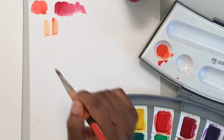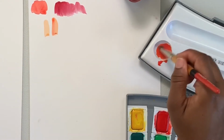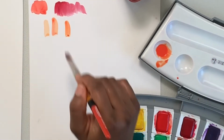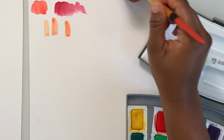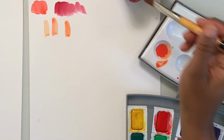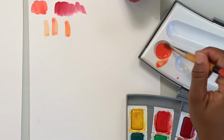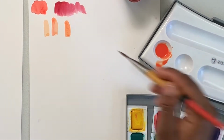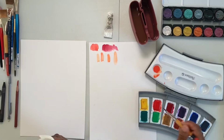And then let's test that out. I think I need to mix it a little bit more. Let's try that one more time. Okay, not that bad. I'm going to add a little bit more water to it and stir that up, and then we'll test that out. Let's add a little bit more red,